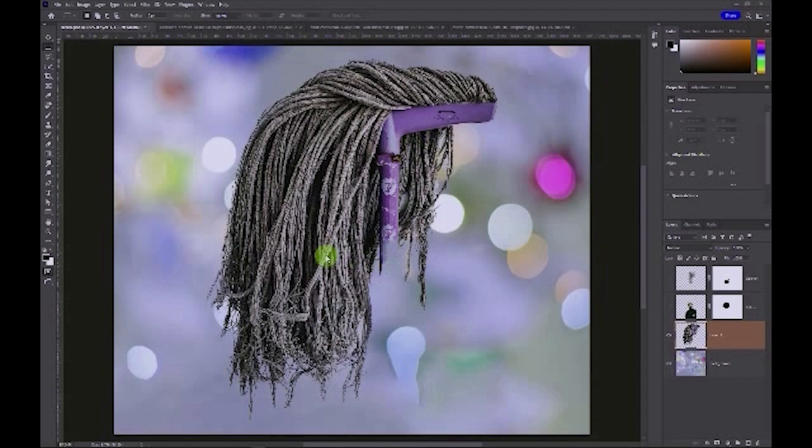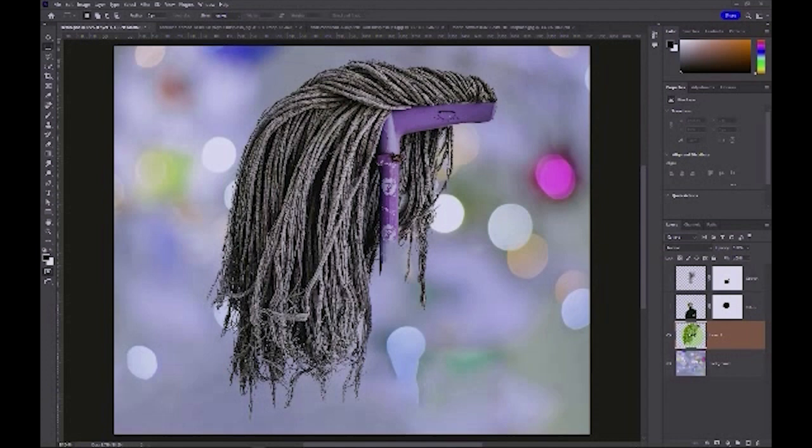I'm going to try and do that using the quick mask mode that we looked at in class. The quick mask mode is a way to use the brush tools, painting with black or white, to change a selection. So we need to have a selection in order to change the selection. So I'm going to reintroduce the selection that I had for the mop, and I can do that by control clicking or command clicking